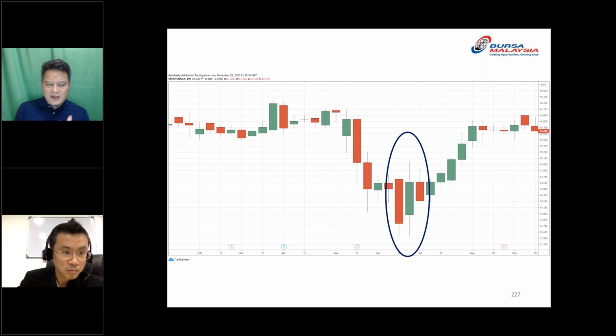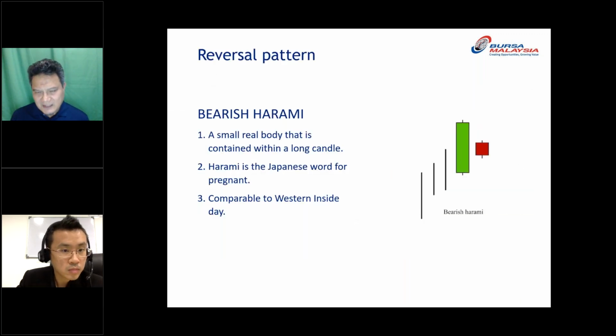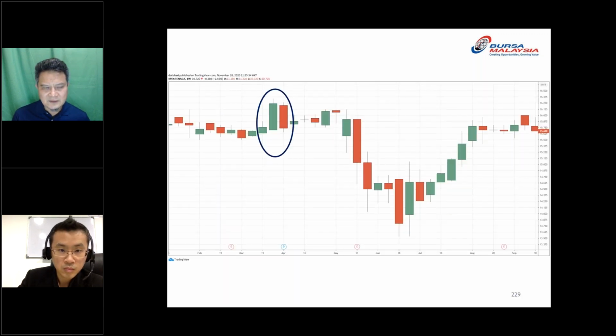So you see, for any kind of reversal pattern, there must be a trend. Otherwise, if there's nothing to reverse, you must have a trend before you can reverse it. There's no trend that you cannot reverse. Okay, so before the bullish Harami, there is a downtrend, and then a bullish Harami, and then the price will reverse. Okay. So this is bearish Harami. Okay, for example, like here, it comes down. After that, when there's a bearish Harami, the price comes down.